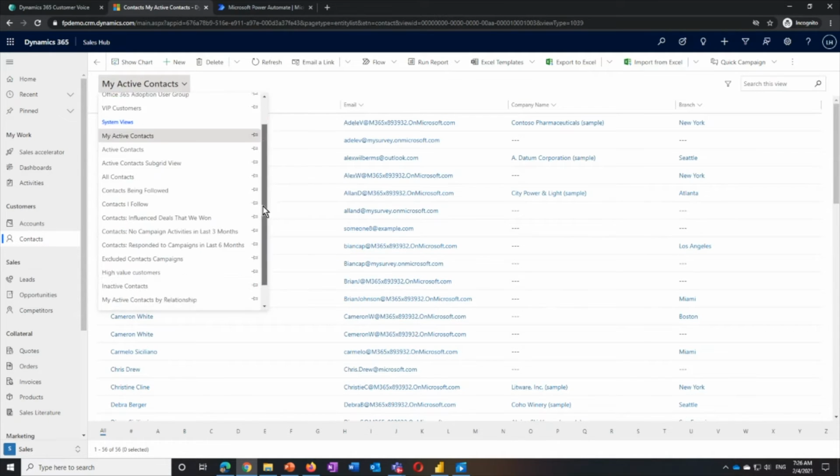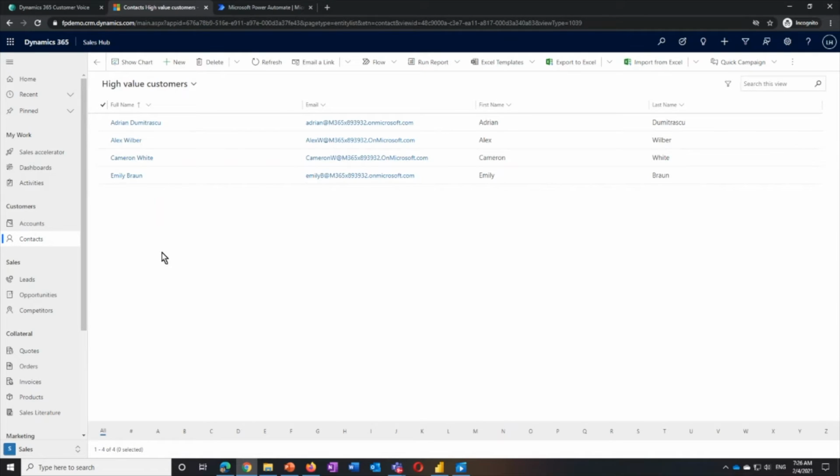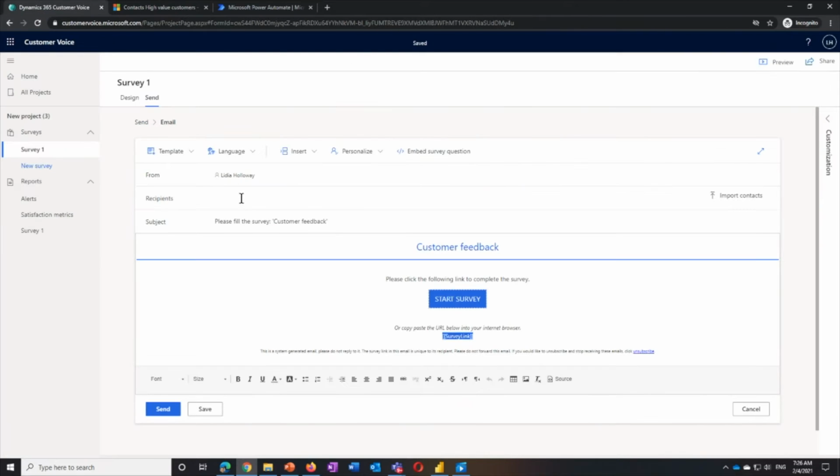Then I've also created some custom view that filters based on high value customers. So if you want to send a survey to these high value customers from here, then you can simply